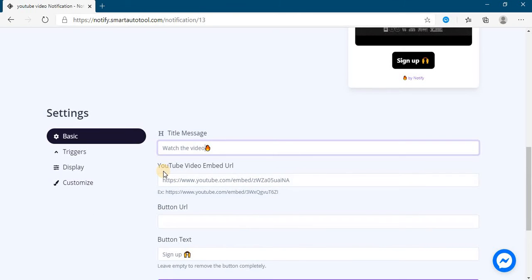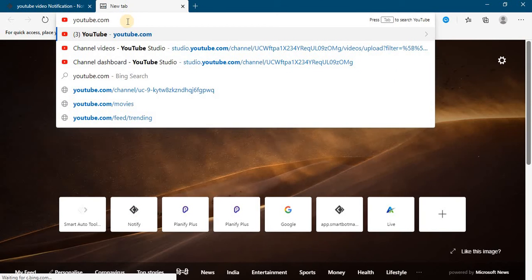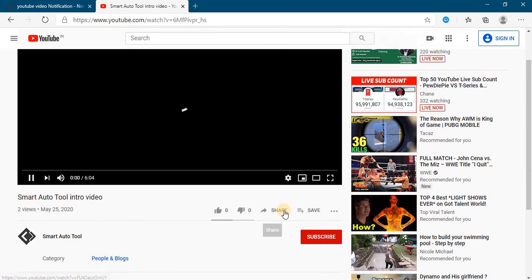You have to add here the YouTube video embed URL. Don't use your direct URL. You have to choose the embed URL. Go to youtube.com. Click on the video, share.